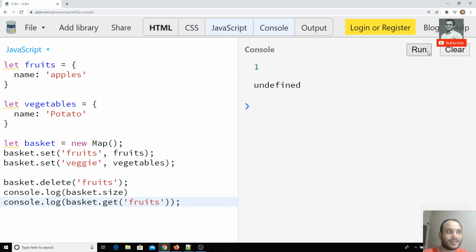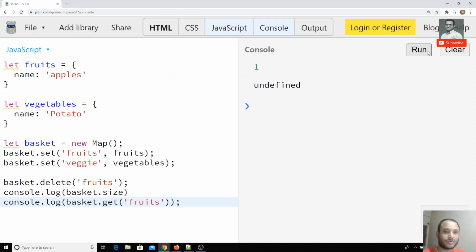If I run here, it has been deleted. Now the size of the basket is only 1. Why? Because fruits is deleted, only veggie is present. And when I try to get the data of the fruits, which is not present, I am getting undefined. In this way we can delete an item in the map.